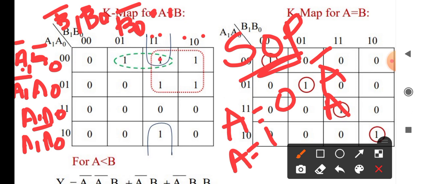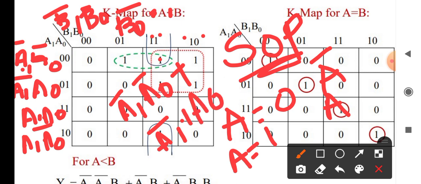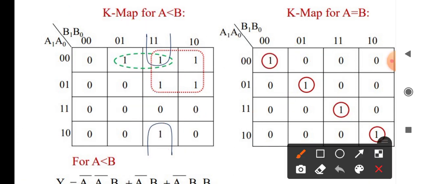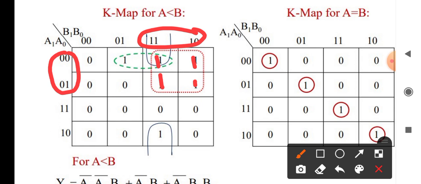If you add this one, A1 complement A0 complement plus A1 complement A0, then what you can do? You can take down this common A1 complement. That is what I am showing here, this is 1, 1 I am representing. So this is the only digit here. You have to simplify. Okay, so now you see the common 0 here, neglect that variable.